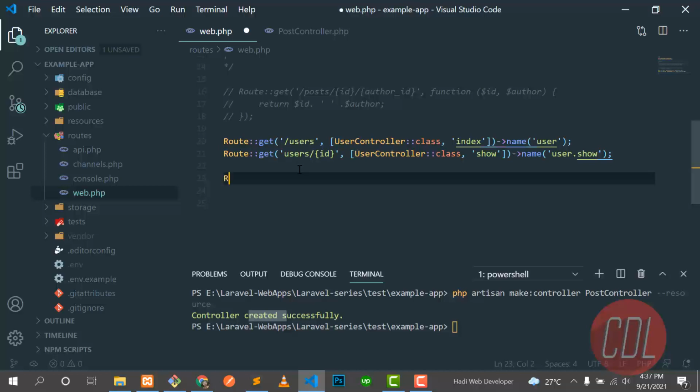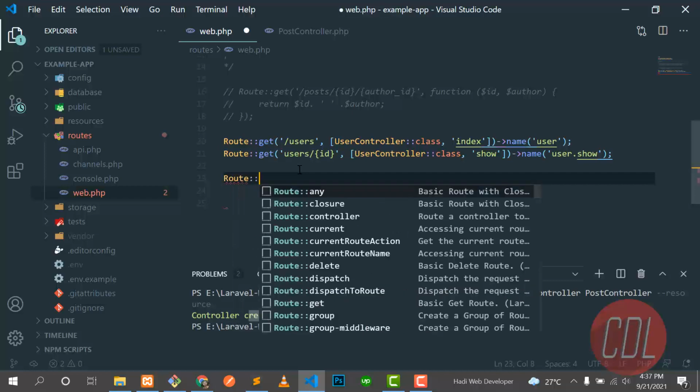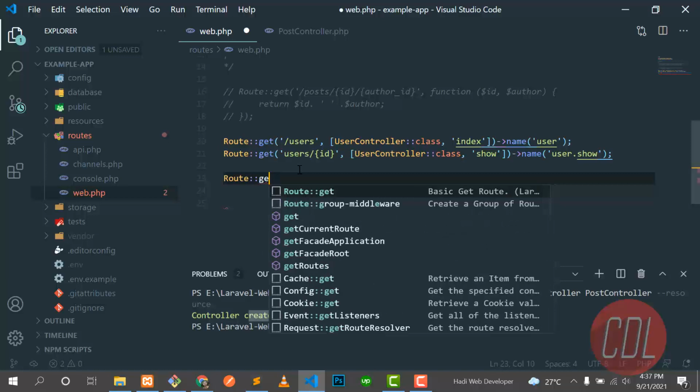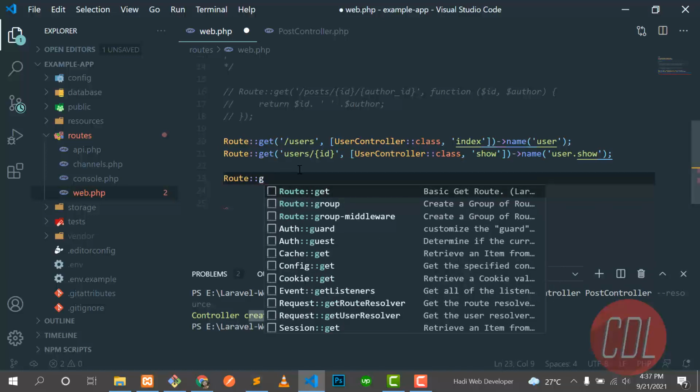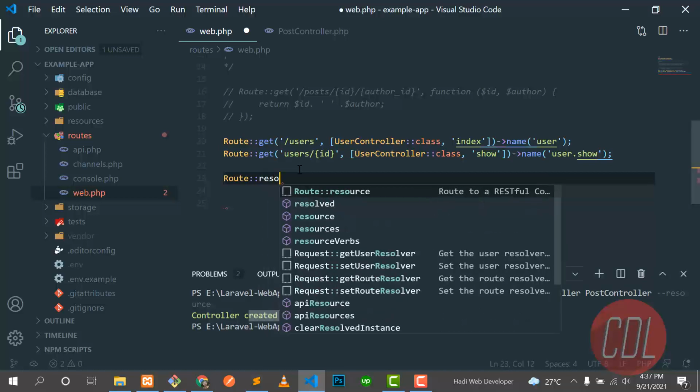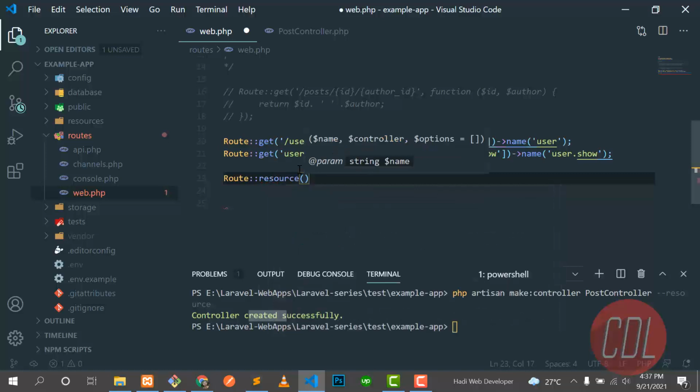So let's go here and implement this resource route. You don't need to create get routes, because now we are going to use a resource. Here there is a helper method, Route::resource. You need to define that I want to create a resource of post, like post.index, post.create, and so on.